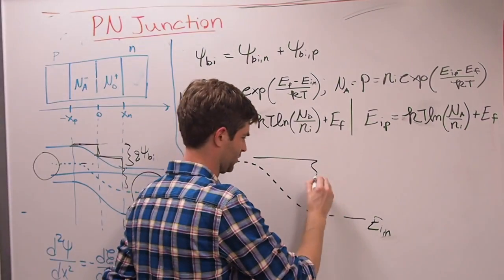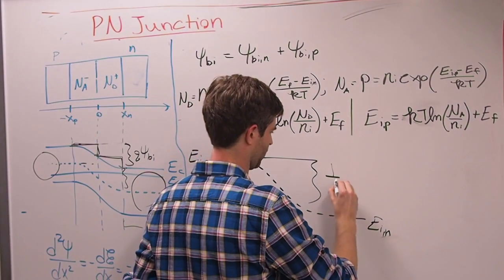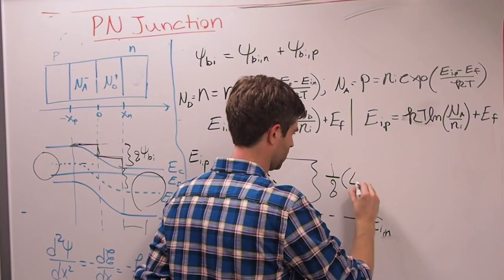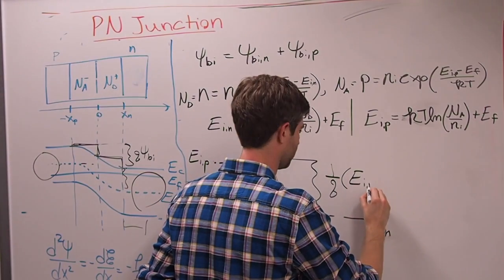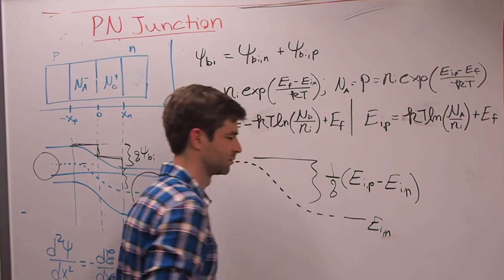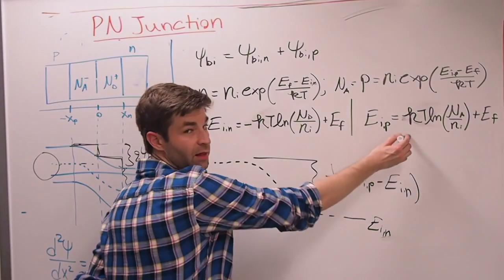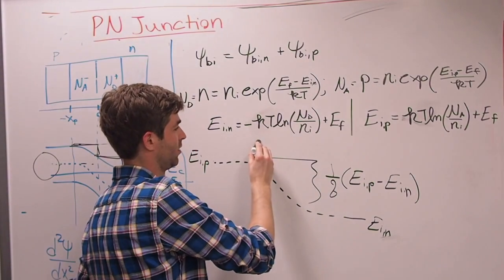Built-in potential, another way to look at it, is it's 1 over Q times EIP minus EIN, just like that, right? So, when we subtract this from this, we get